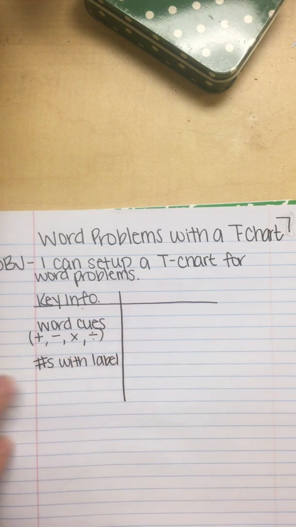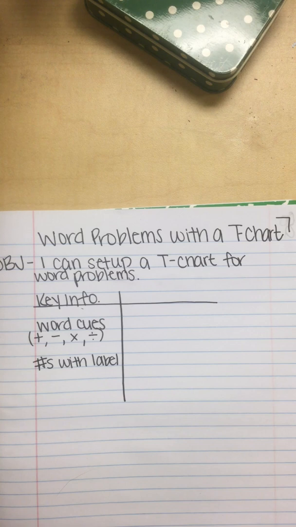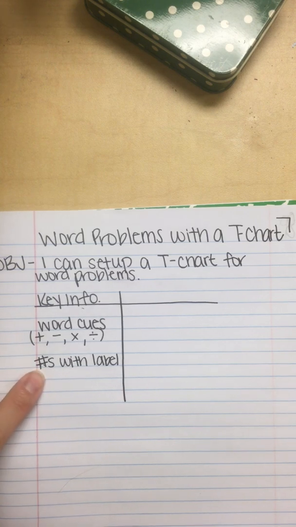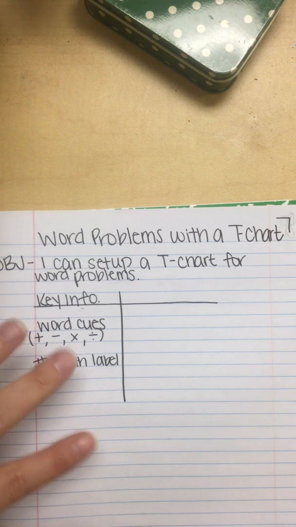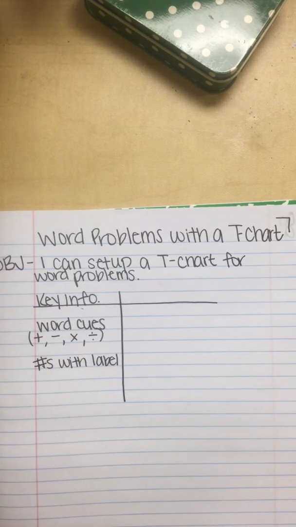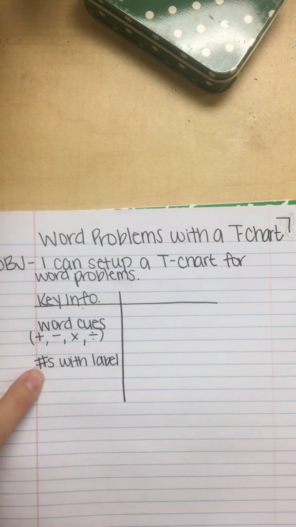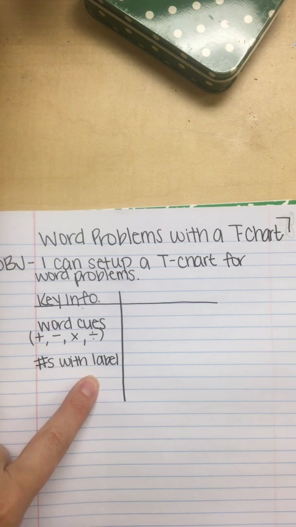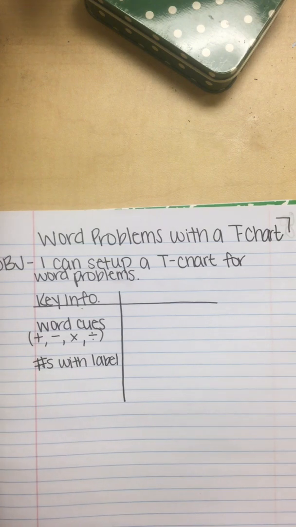So if your word problem says we have 7 pizzas, you need to not just write 7 here, you need to write 7 pizzas because that's what the 7 is representing. If you have 19 students, you need to make sure that you write 19 students so you know what that number is representing. If we just put a number, then we don't know what it's representing, or if we even need to use that number in our word problem or in our